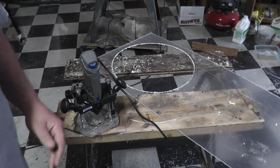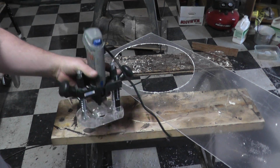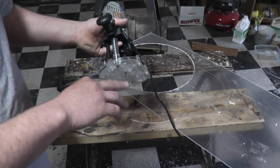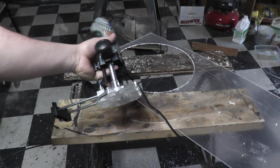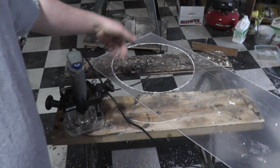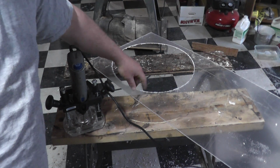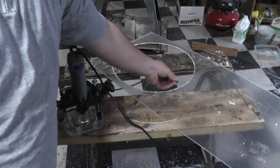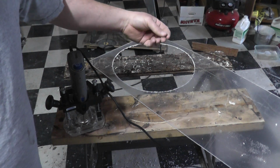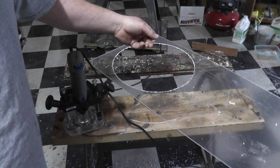So the only thing I had that was able to get me the distance I needed for a circle cutter was this little circle and router attachment I have for my Dremel here. As you can see, I already cut one out, and it works pretty good. It'll cut through, and it'll make the plastic a little bit crispy around the edge. Well, these are just like the chips. Even though these feel and look like they're melted,